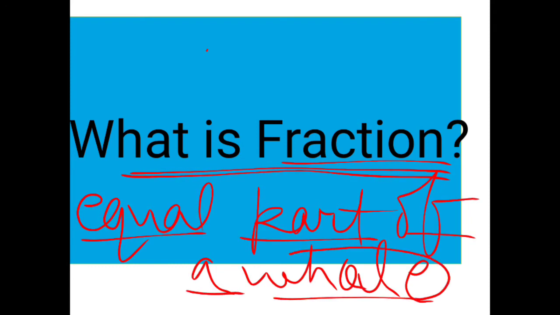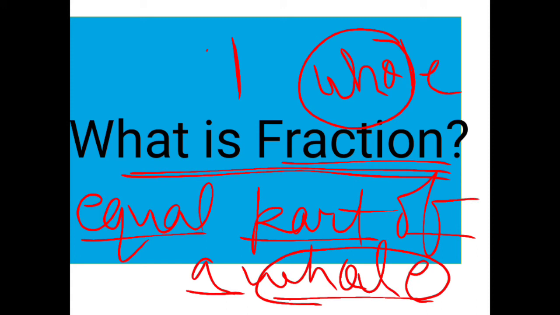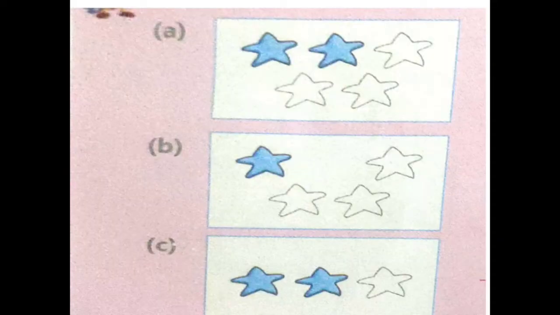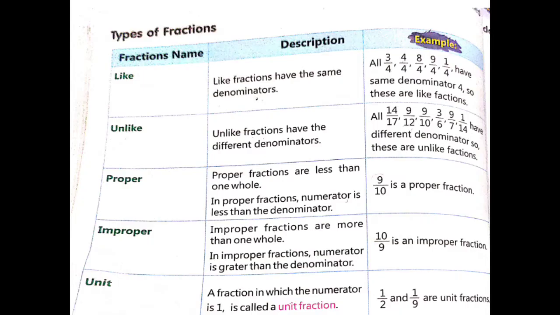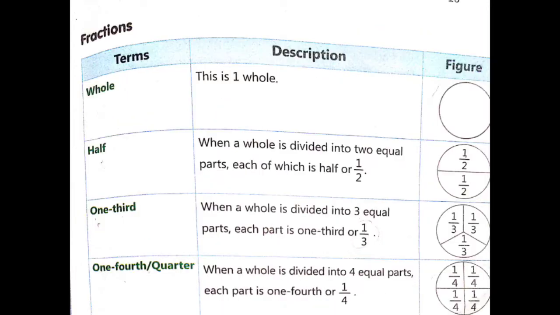एक whole क्या होता है आपका? Complete, like one. Okay. Or this complete circle. So we are making equal parts of this whole. We call it a whole. फ्रैक्शन में आपको कुछ टर्म्स को याद रखना है और इन टर्म्स में वेरी फर्स्ट टर्म है आपकी होल. लेट मी शो यू द पर्टिकुलर स्लाइड शो. ओके, सो होल. So this one is whole.